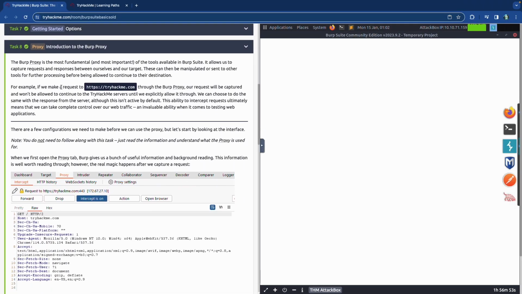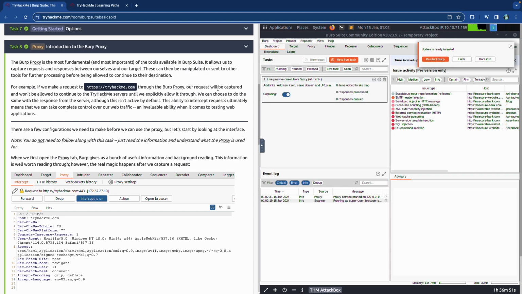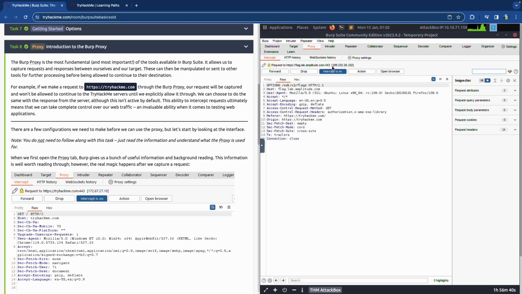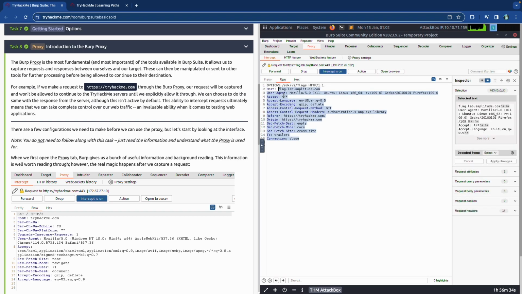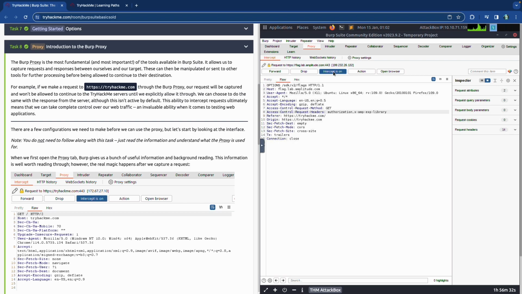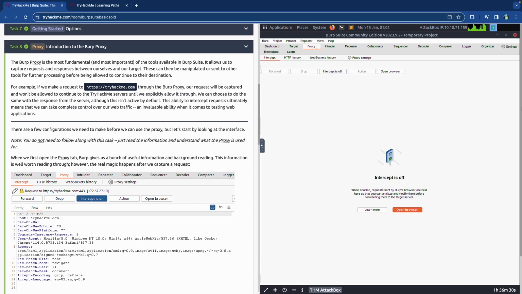So for example, if we made a request to TryHackMe through the proxy, the request is going to be captured, but it won't load because we won't see it, right? So I'm going to restart this later. Proxy is already turned on, so intercept is already turned on, and it's already loaded some things from our browser. So if I turn this off, go back to the browser,